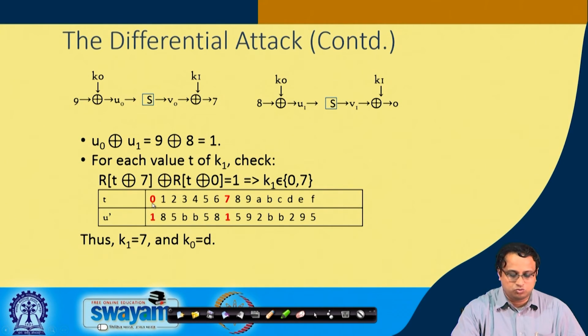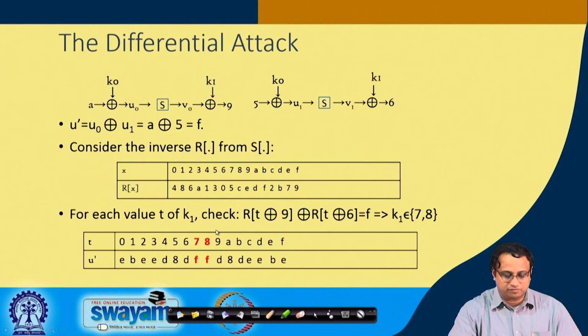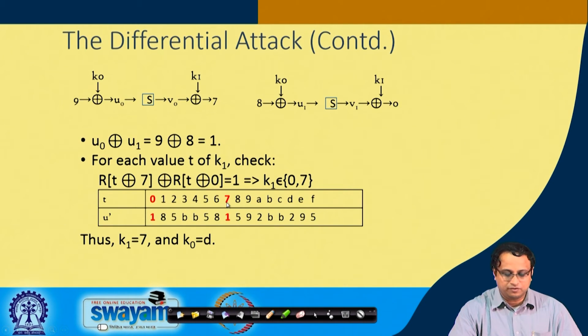Okay. So now I have got two key values for K1, which is shown as 0 and 7. So now if I take an intersection between the previous one, like 7 and 8, and between 0 and 7, then I know that 7 is my candidate for K1, and then I can calculate K0 easily. So you see that the brute force search here was 2 power of 8, but I am doing this attack with a complexity of 2 power of 4, and that is definitely better than a brute force search. So therefore this is an attack.